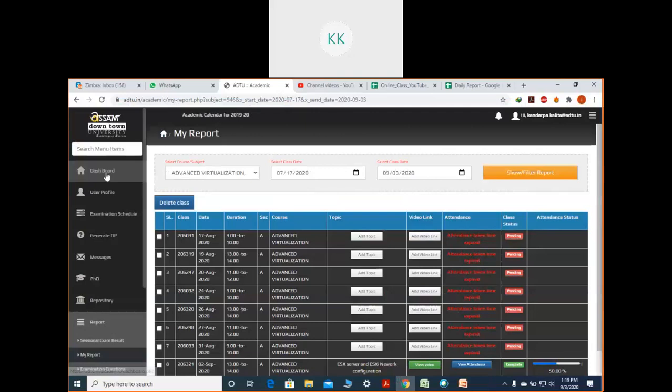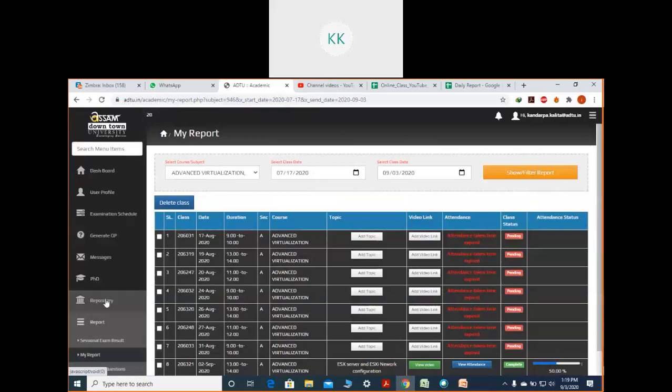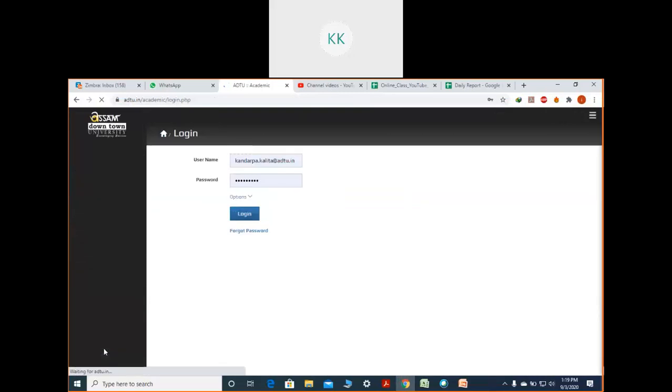Just hold on, I'm showing you. You have to go to the repository, then you will find the Classnote repository. The same thing you will find in the report. This portal is different for faculty and student. In the student portal, if you want to see the notes, you have to go to the report. Then in the report you have to select your credentials like batch, then paper and all. Then when you click on the general report, you will find all the different things. See, I'll show you.